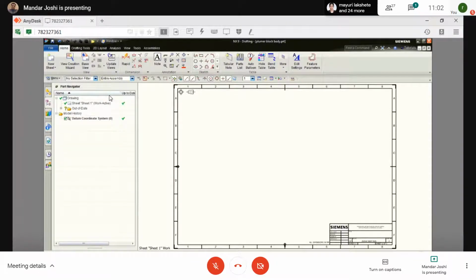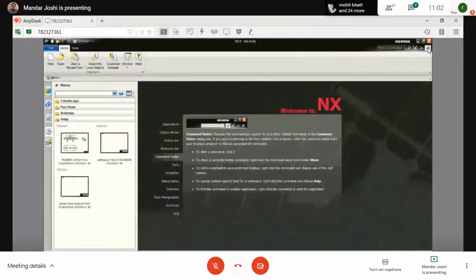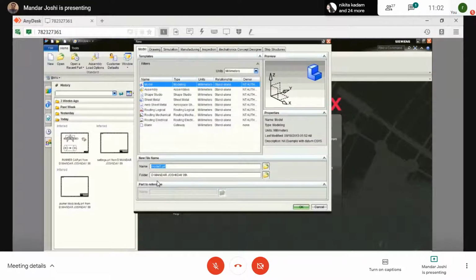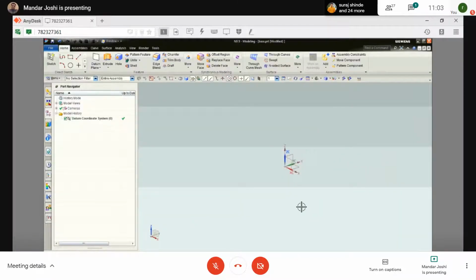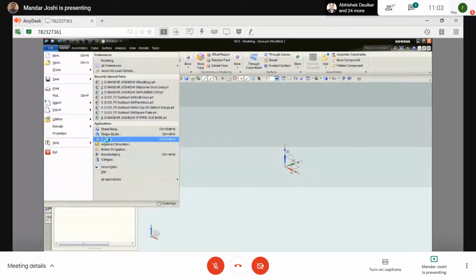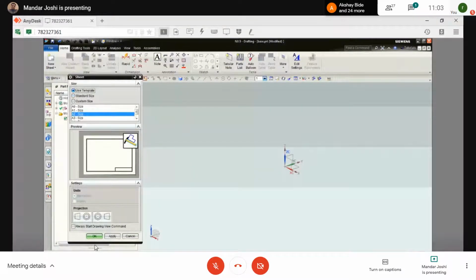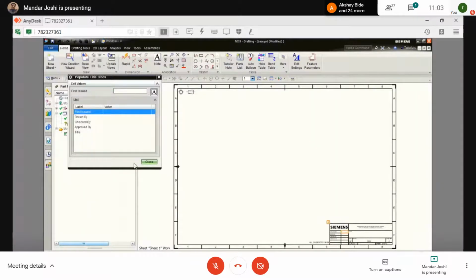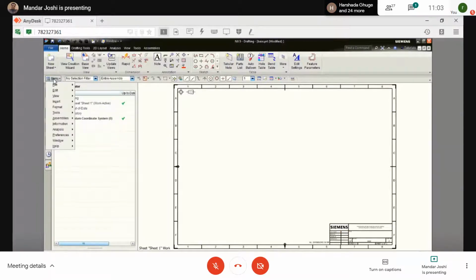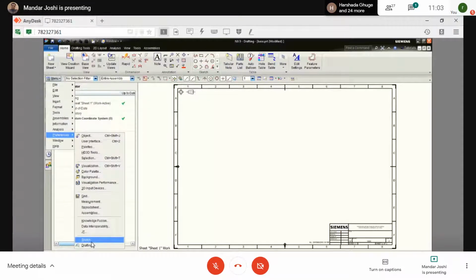Hello, sir, repeat how to apply this. See, generally our regular step is when you create a new file, take a new file and give the component name, whatever it is, and store the file here. But what is the drawback of this? When you create the model and you want to enter the drafting mode using the file option, drafting mode, here you have to set everything again using the same settings which I discussed earlier. From the menu preferences, you have to set everything.